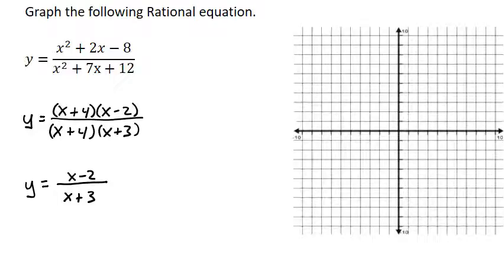Each one of these forms is going to communicate something very important to us. The first and last form are what we're going to start with. I'm actually going to start with this last form. This last form right here is going to tell us what is called a vertical asymptote. If you remember from exponentials where there was a horizontal asymptote, a horizontal dashed line, in this case we are going to have a vertical dashed line, and that occurs whenever the denominator